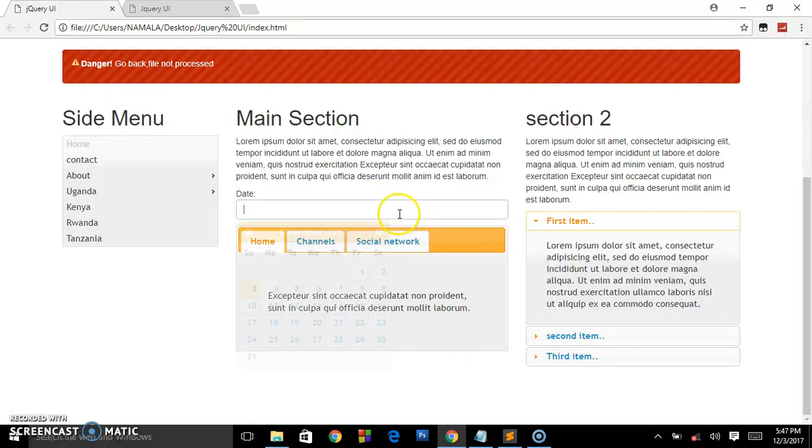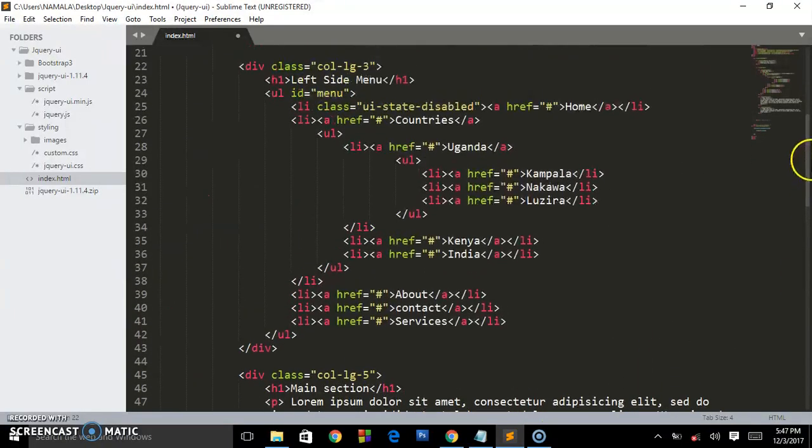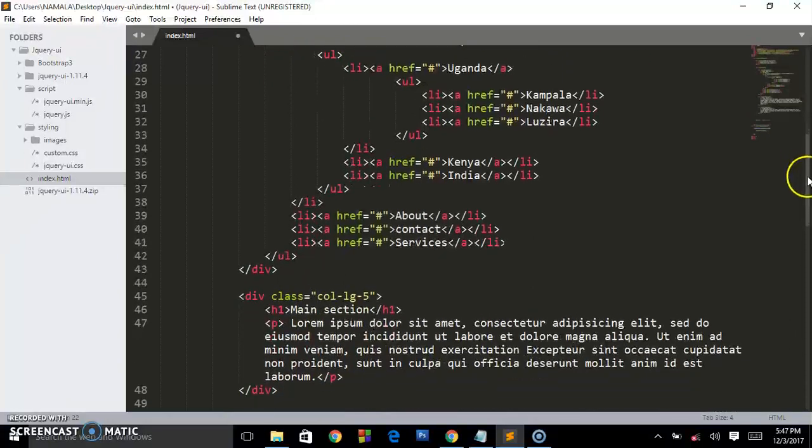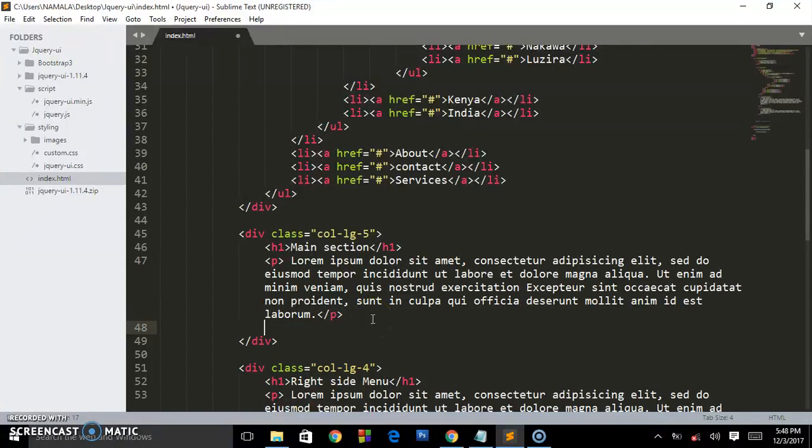So let's now create this date picker. It's called a date picker. Now I'm going to put it in the second column right below the first paragraph. I'm just going to put this input tag and I'm going to say type text. We can put the ID. Now I'm going to call it datepicker. You can name it anything you want basing on your project. It's a datepicker, so you have given it the ID datepicker, and here we are going to say,